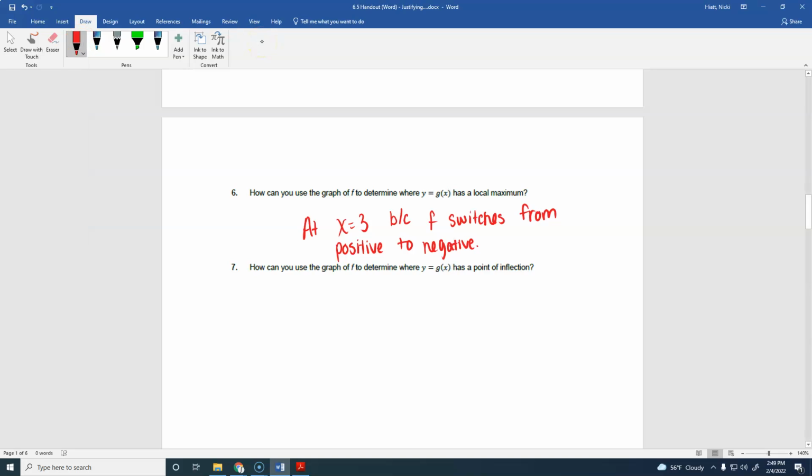Okay, so all right, so points of inflection. How can we tell the difference? We see our concavity switches. So if F is increasing, what does that tell us about G? Concave up. Right. So if F is increasing, G is concave up. If F is decreasing,